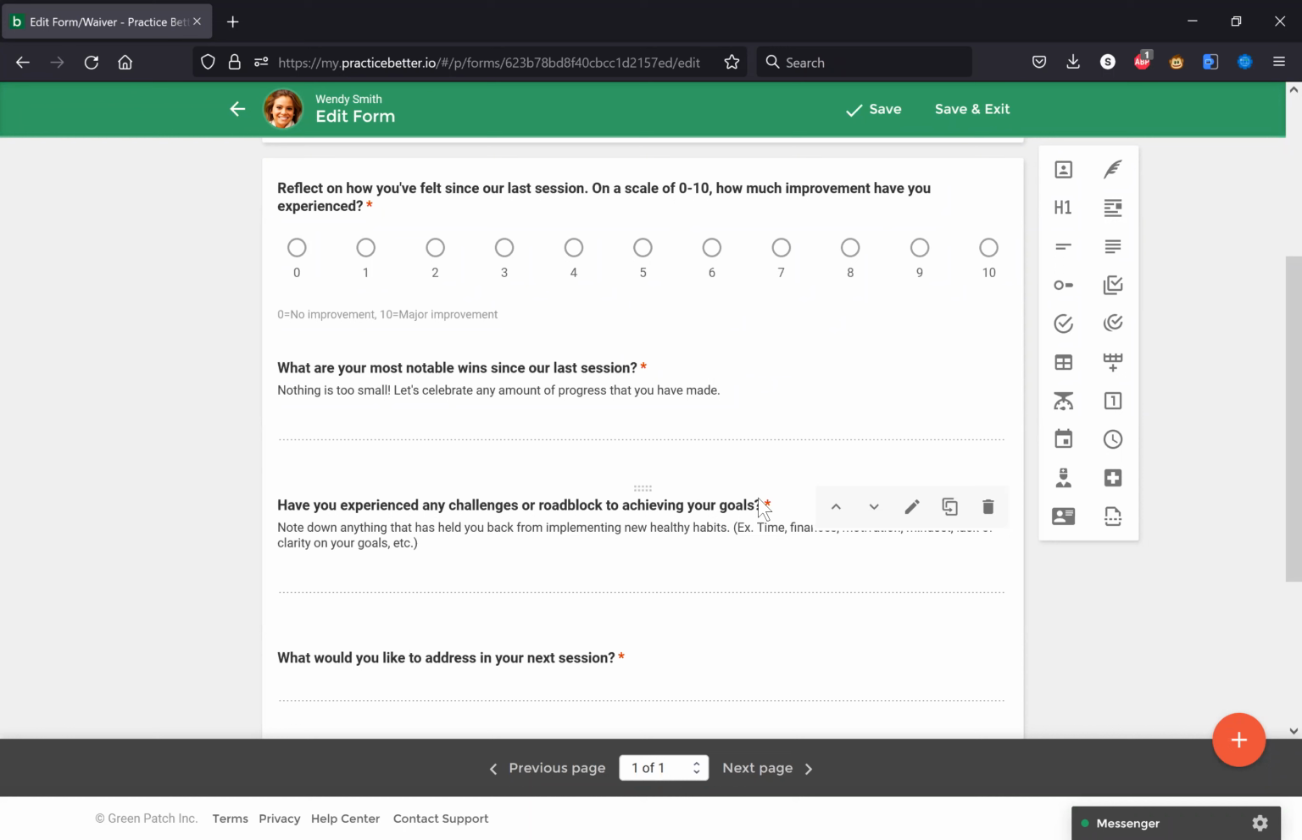And one other thing to note too is for those of you who receive this form, should you want to edit or delete any of these fields here, you can absolutely do so. To edit, you would just select the pencil icon here. And if there's a field that's not really required by yourself, you can just select the trash icon here to